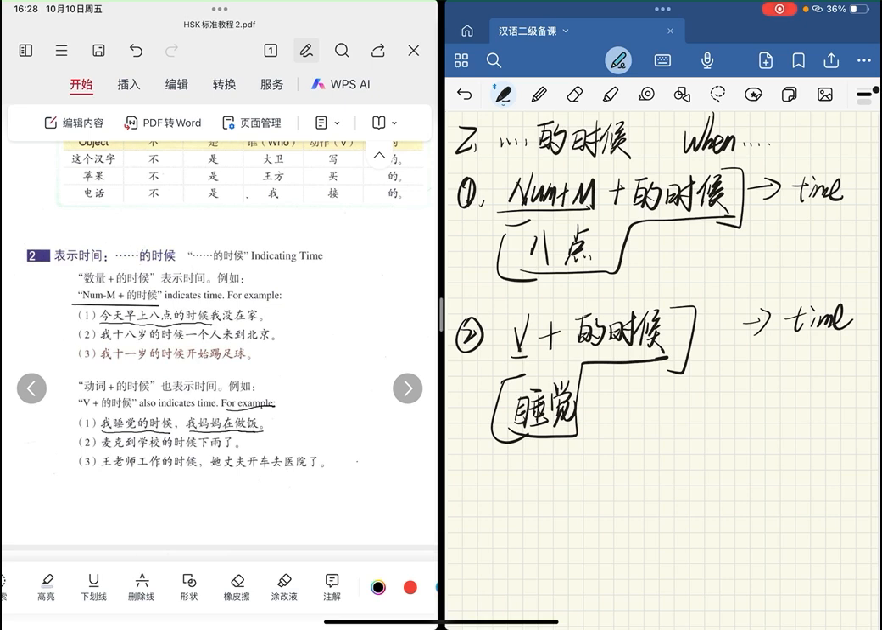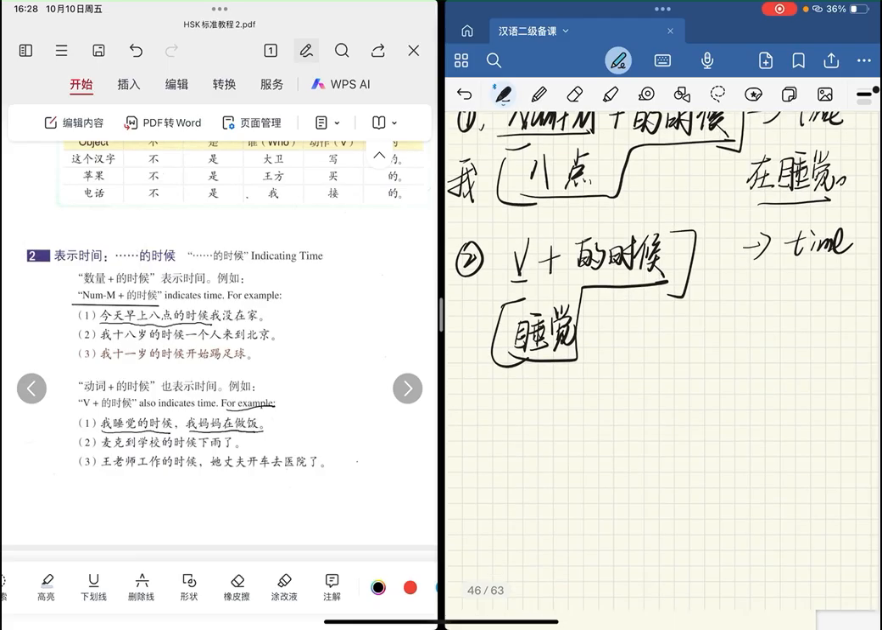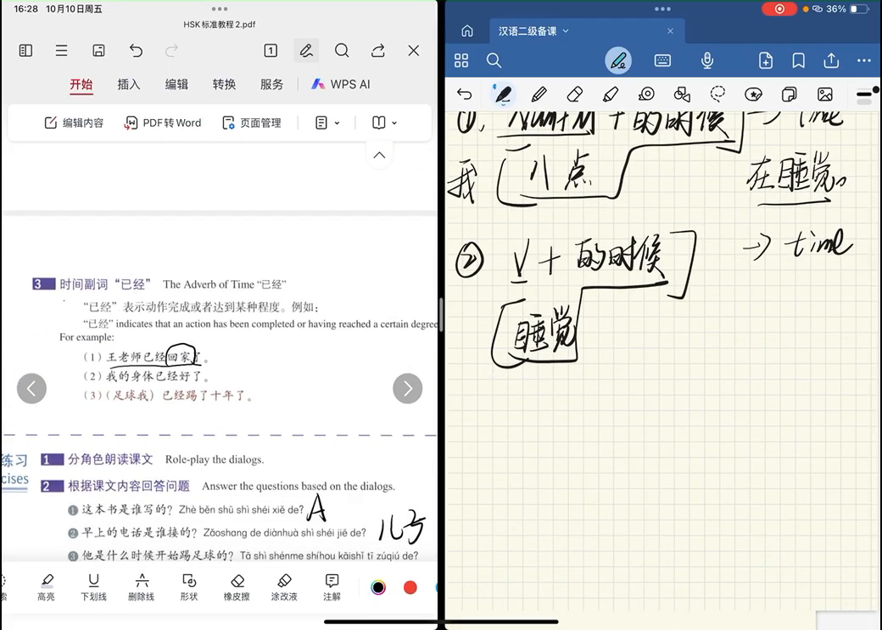Okay, it's like 我8点的时候在睡觉。So 8点的时候 is an adverbial phrase modifying an action, 在睡觉。So I was sleeping at 8 o'clock. 睡觉的时候 is the same. Okay, so this is 的时候。